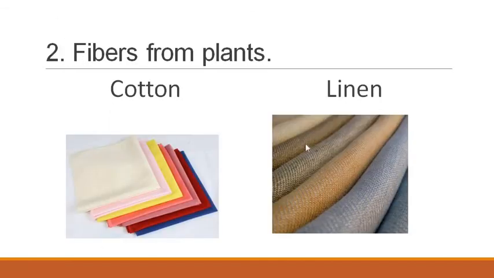Moving on to the next one: fibers from the plants. So the fibers which you get from the plants, not man-made. The two examples are cotton and linen. I have brought cotton cloth and linen cloth for you to understand it more clearly. This is somewhat how cotton clothes look. You might be wearing cotton clothes. So you can take the help of your mother. You can request her, mother, please show me the cotton cloth and the linen cloth